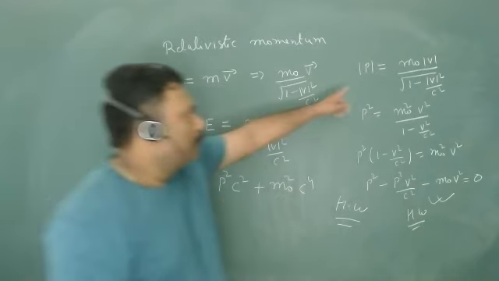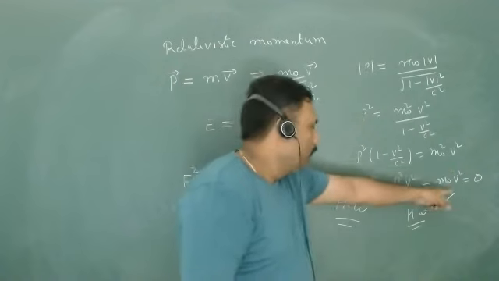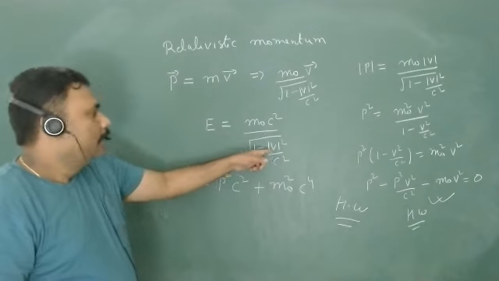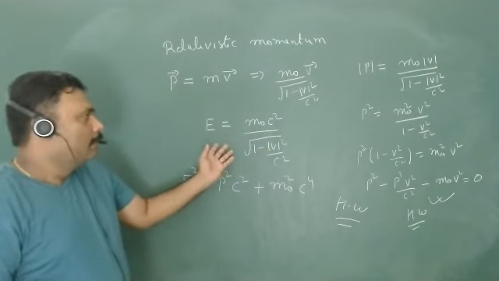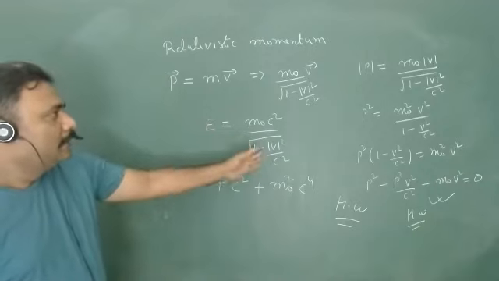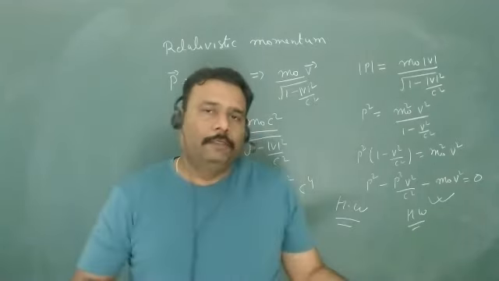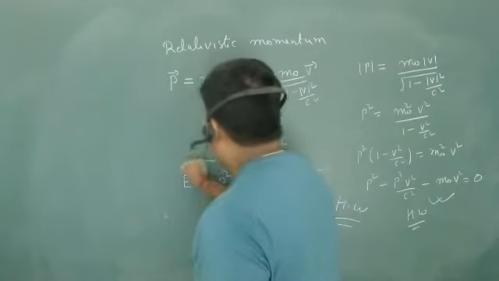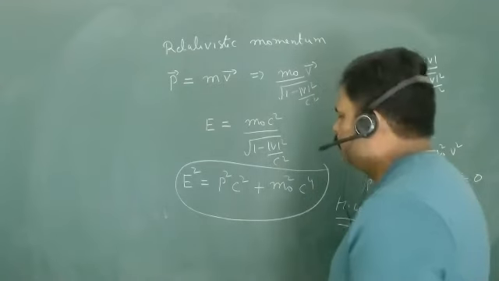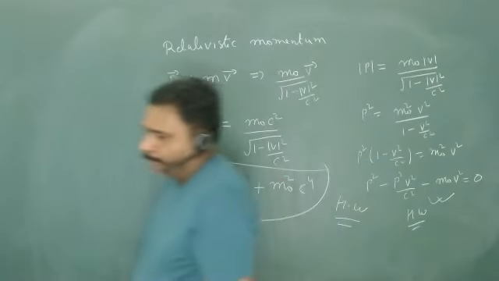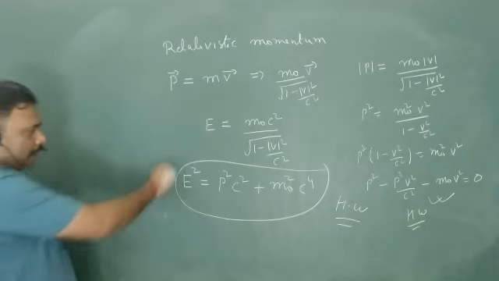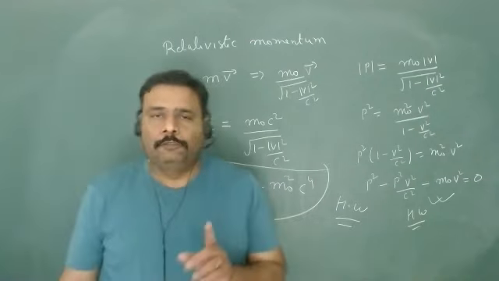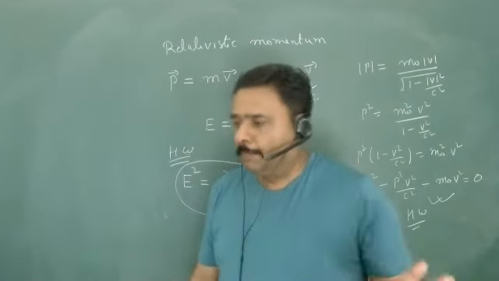So from this expression, you will first find velocity as a function of momentum, and then you can put it here. Or vice versa, you can do it in another way also. You can find velocity as a function of energy, and then put it here. You can use both ways, and you should try both ways. And you have to prove this very precious expression between energy and momentum. Okay, so I will discuss it in the next class. This is your homework, and I expect everyone should post this homework in your group.